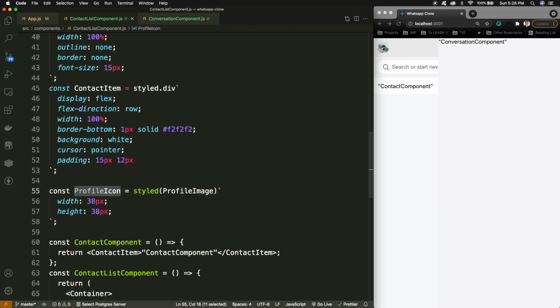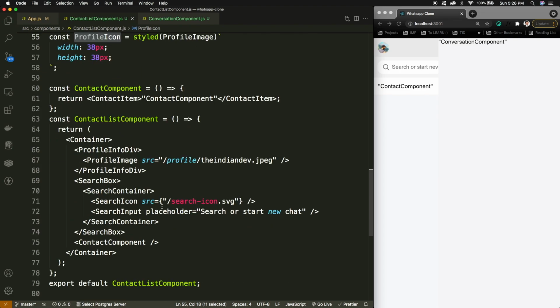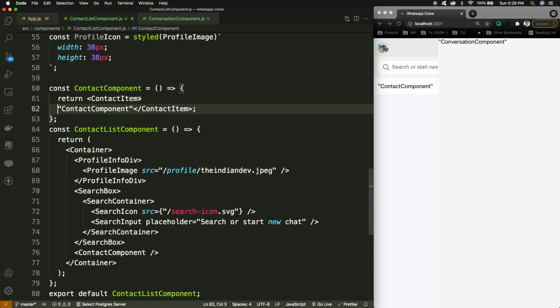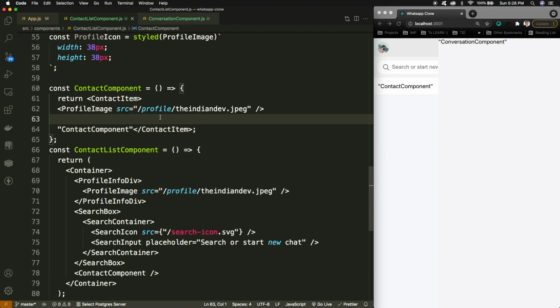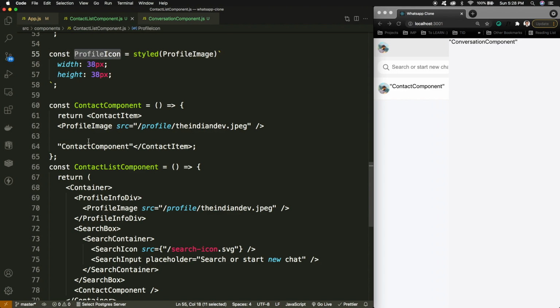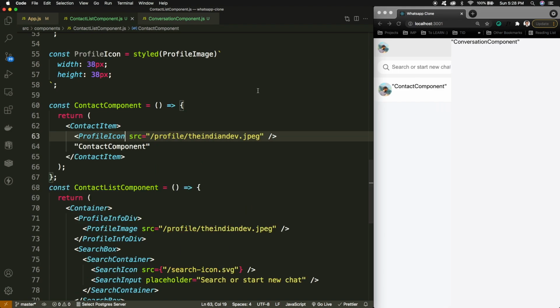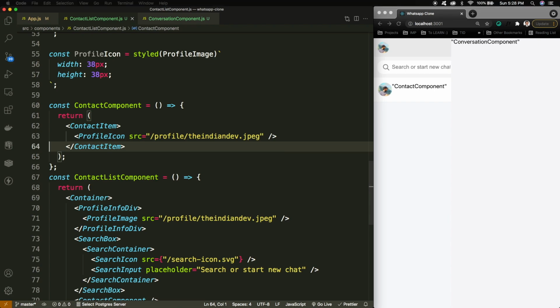Inside the contact item I just need to use this profile icon instead of profile image, so that we have a little bigger size, since the width and height have been updated. Now I can remove this. Now we have the profile icon.